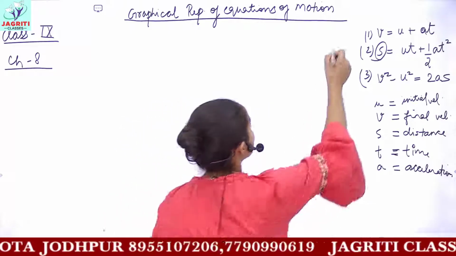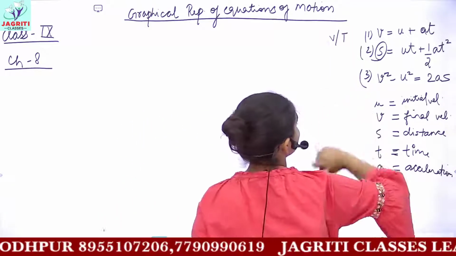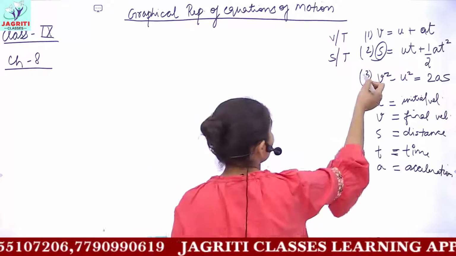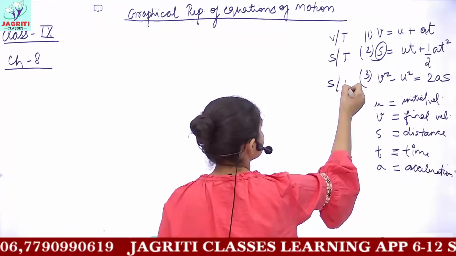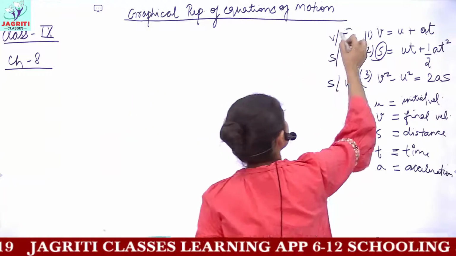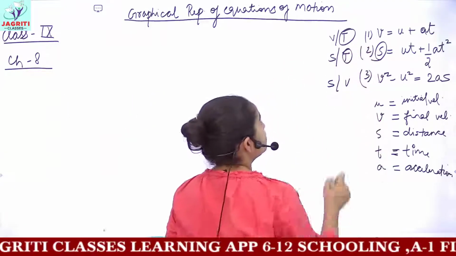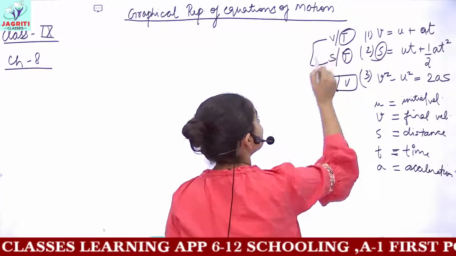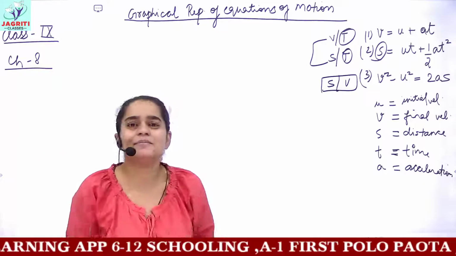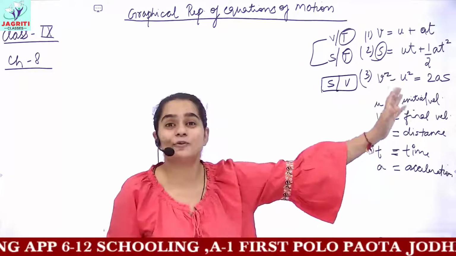So first one is velocity time relation, the next is position time relation, and this equation is known as position velocity relation. So please remember these. The first two are related with time, whereas in the third you combine velocity and position. So this would be a trick to remember the names of these equations.